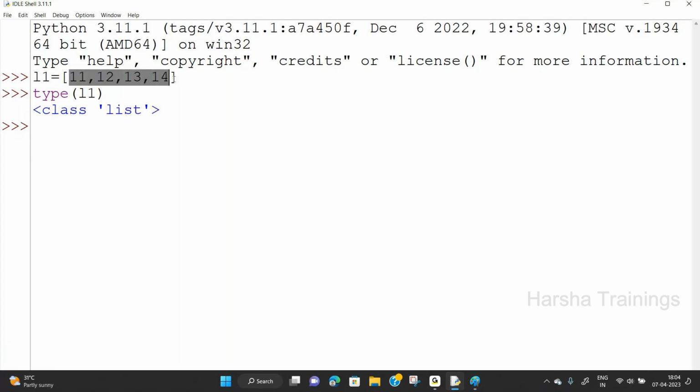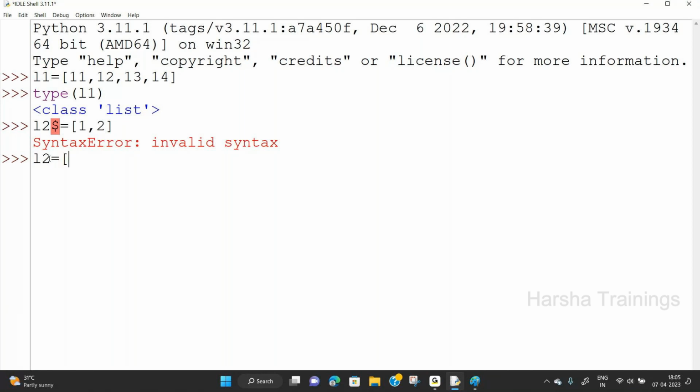Remember, this is not a condition. Here you can create another list. L2 means another list. You can give any names based on the rules of identifier. For example, if I give L2$ is equal to 1, 2, see this one, it gives an error. Why? Dollar is not allowed. Based on the rules of identifier, you can give any name. L2 is equal to